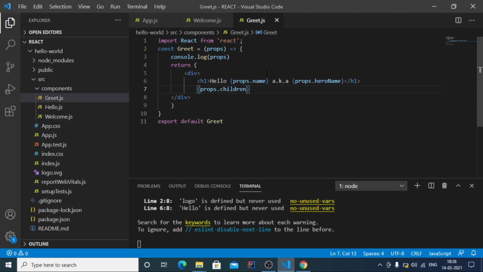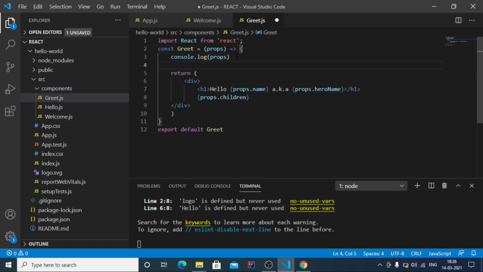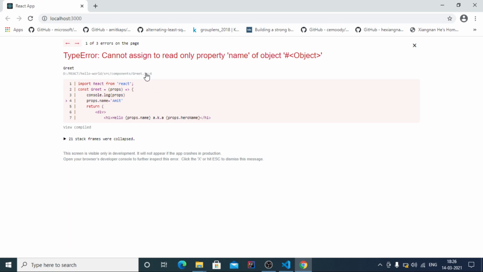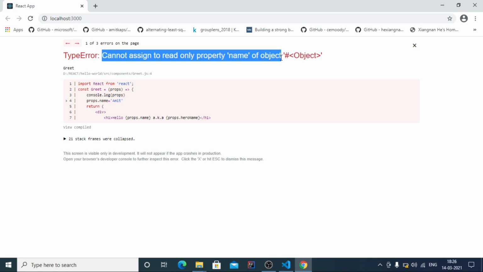For example, in this case, if we write here props dot name equal to Amit, as soon as we save this file and take a look at the browser, you can see the error: cannot assign to read only property name of object. So this tells us that the properties object props is immutable. You cannot change the value of the props.